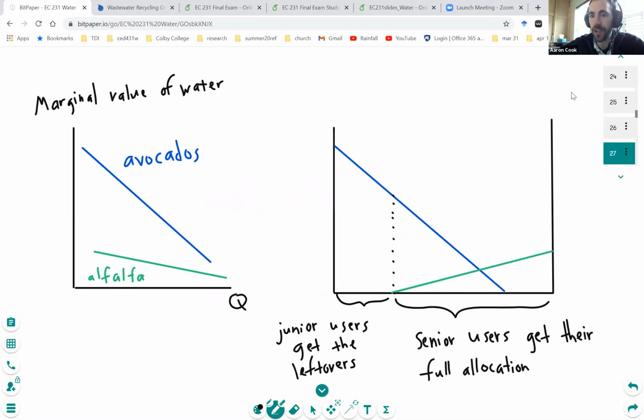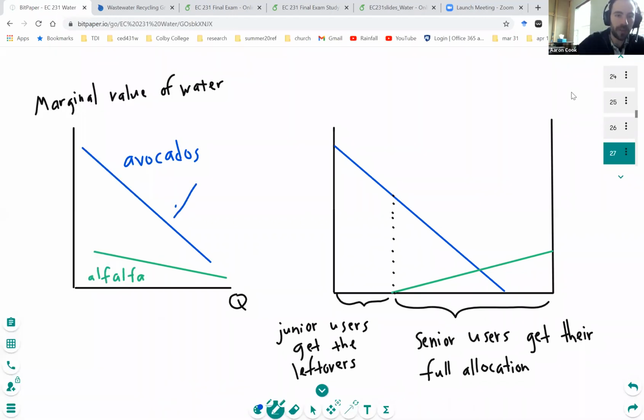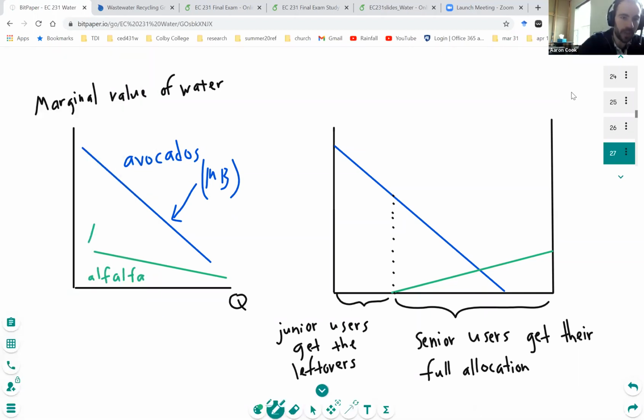Avocados tend to be a very high value crop, and so this is the demand curve for water to be put to use toward growing avocados. That's what this blue line is. This is the demand curve. This is the marginal benefits of water in avocados. And then let's say that this is also for alfalfa. This is also the marginal benefits of water going towards alfalfa. But as you can see, the marginal value of water in avocados is a lot higher than it is in